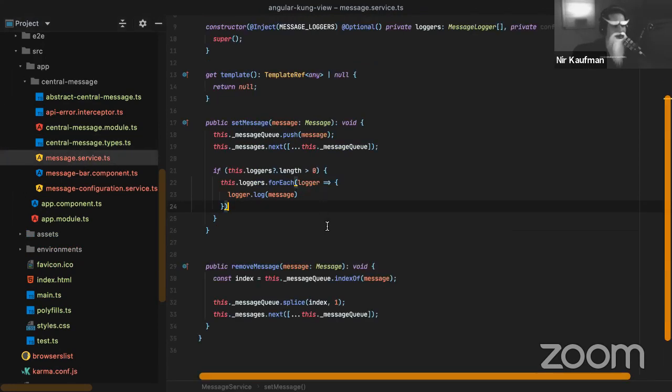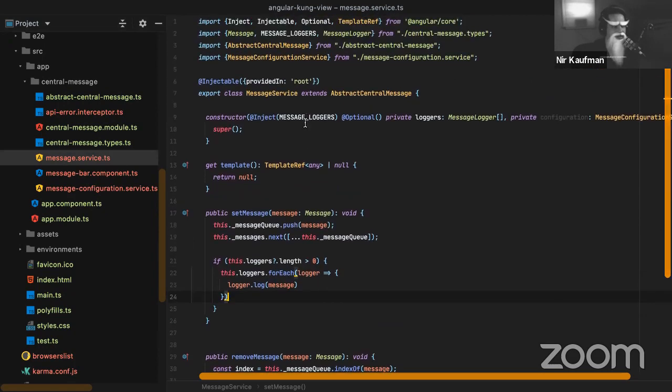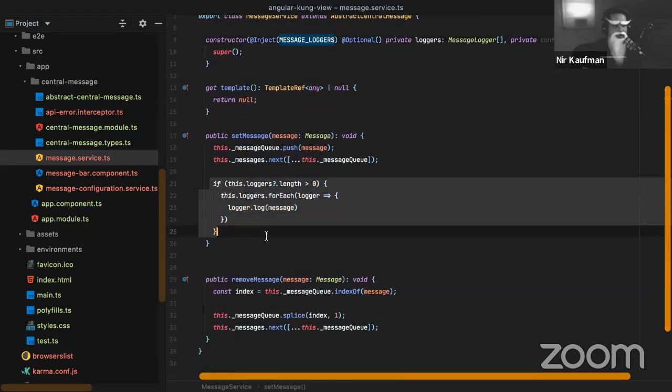The way to achieve this, though, is to create a token like these message loggers, and then in our service, use dependency injection to inject this token. And if you add any logic or any class to this array of loggers in this example, we can interact with our code in this module without touching it. So I'm going to share this entire code with you,